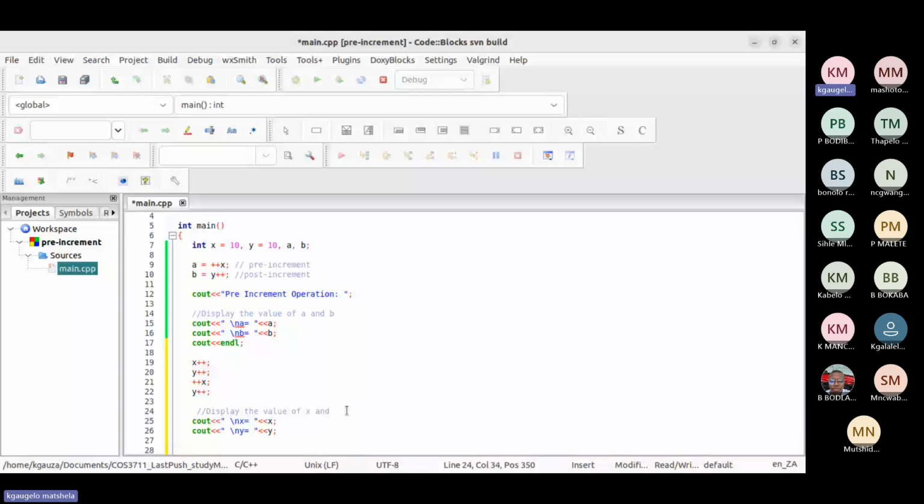Because I want you guys to see, when you have only the statement X plus plus, Y plus plus, plus plus X, or Y plus plus, I want you to see it this way. If you have X plus plus, you just want to add one, and if you have plus plus X, it is still going to add one. So the adding of one to the pre-increment and post-increment is